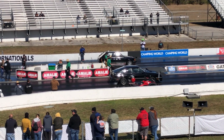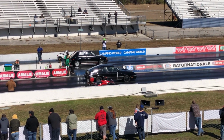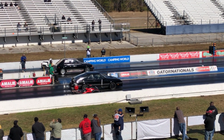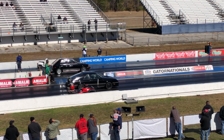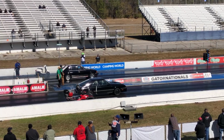A group, I need you to lanes 1 and 2. Slicks, use lane number 2. Radials, use lane number 1. A group, your first call, first lap. I need radial tire A group to lane number 1. Slick tire A group to lane number 2. Your first call to lane